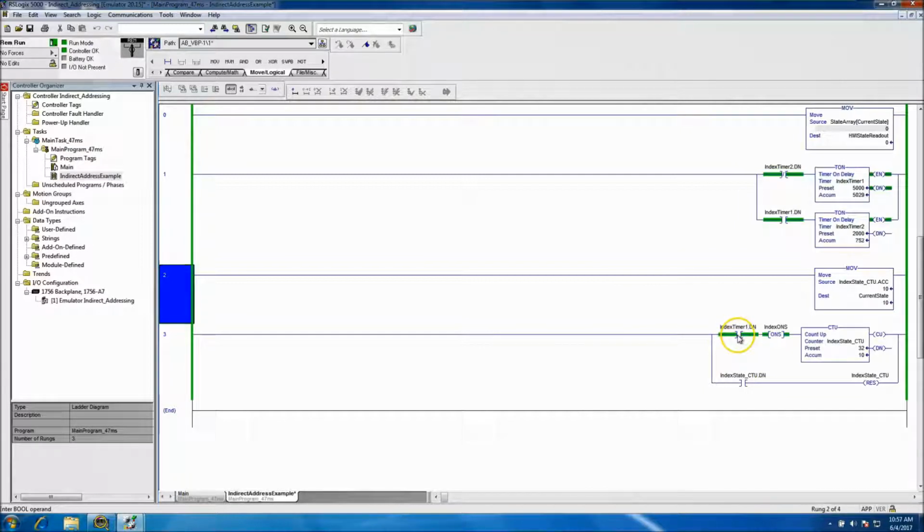In that instance of that bit coming on, we do a one shot. We have it index a counter, and as soon as it's done, it will reset itself. We then take the index counter, and whatever the accumulated rate is at that time, we move it into the current state. This is just to simulate